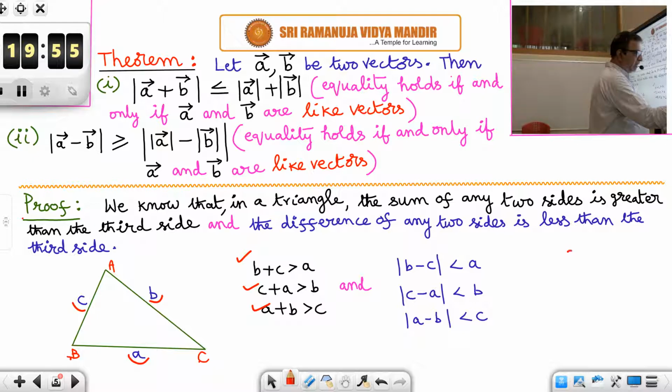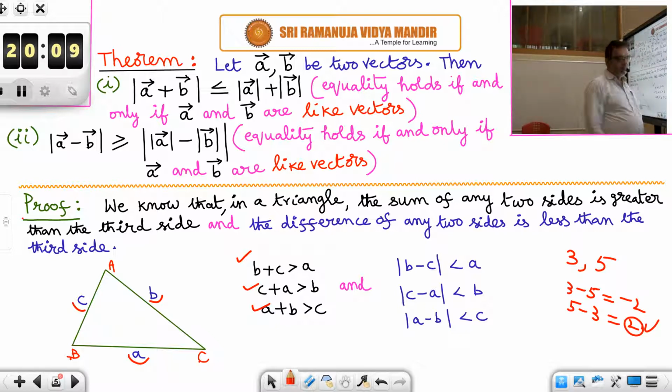So, whichever is positive, that is called difference of the two sides. Suppose two sides of a triangle are 3 and 5. What is the difference? 2 units. 3 minus 5 is minus 2. 5 minus 3 is 2. So, out of that, which is positive? 2 is positive. That is called the difference. That I am calling it mod of 3 minus 5 or mod of 5 minus 3. We don't know which is more, which is less. Whether b is more or c is more, we don't know. So, that is why if we put modulus, then it will be okay. Mod of 3 minus 5, if you say, it is mod of minus 2 is equal to 2 only.